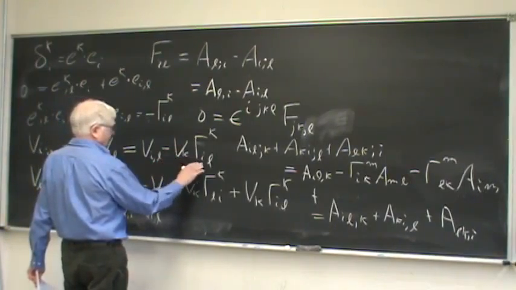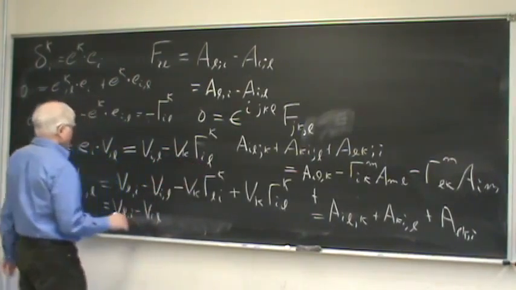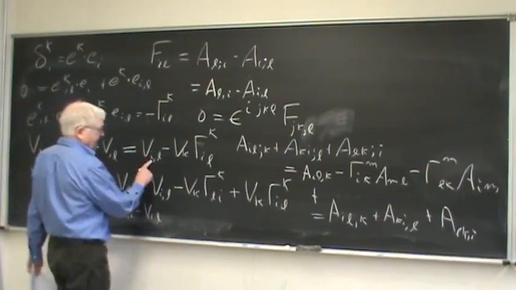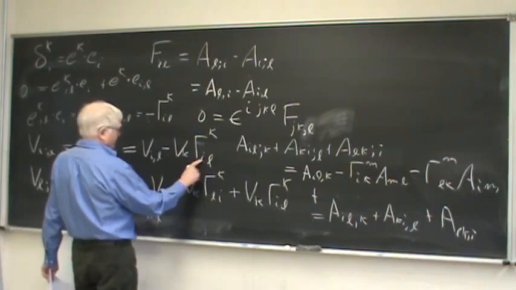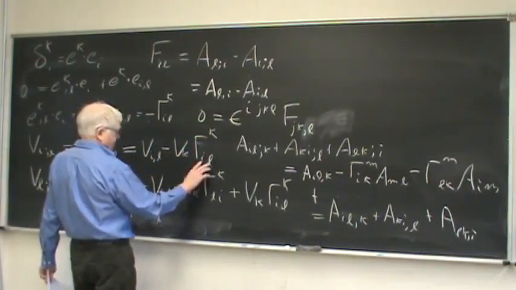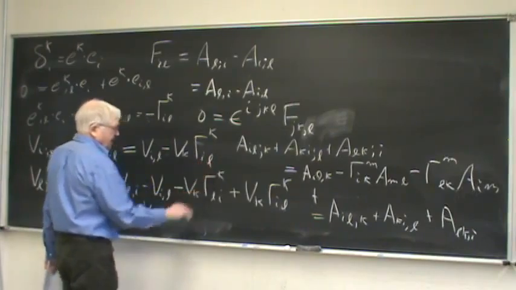So in other words, what was done here was to take one of the indices, say I, and take that index, just sum it with the gamma, and then put down here IL. And